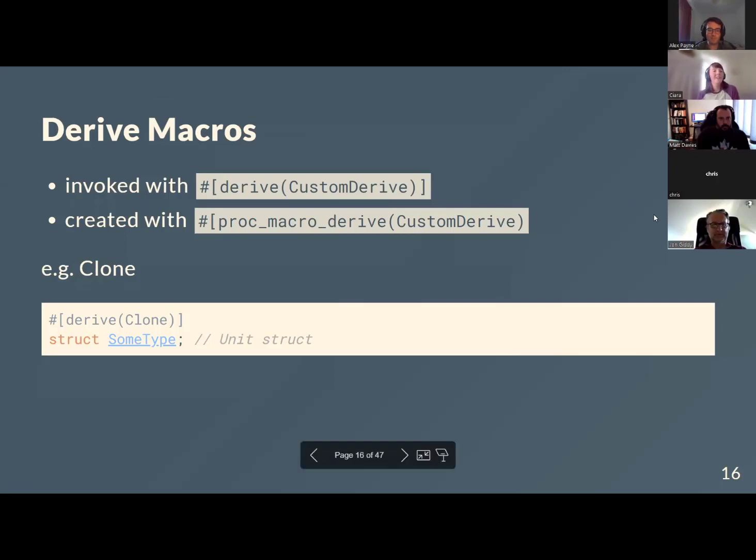Very useful. So as I've mentioned, derived macros are invoked with the pound square brackets derive and then the name of your derived macro. And you create them by annotating your function with proc macro derive and then the name of that derived macro. So taking an example of one that we won't be writing that already exists is clone. So in the example of, say, having derived clone on like some struct, some type, some unit type,